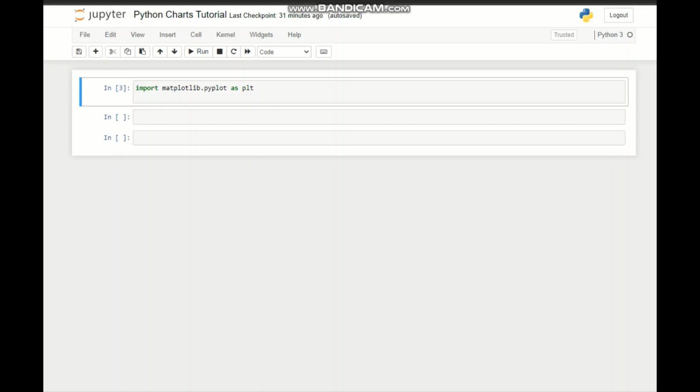Hi, so we will continue our tutorial for drawing the charts and graphs with the Python library, and today we will start with drawing a bar chart with this library. So we will start with the x coordinates, and we will set the x coordinates for the bar,